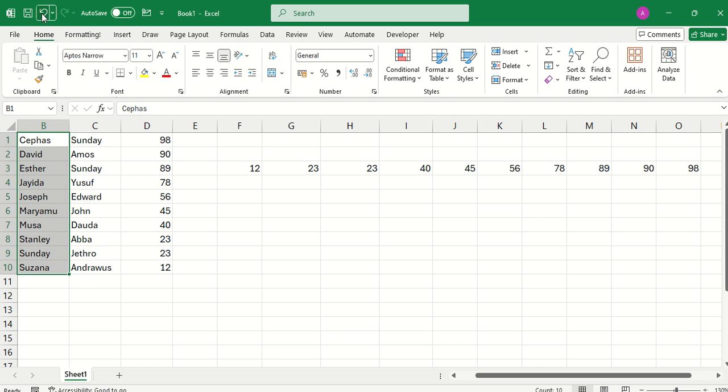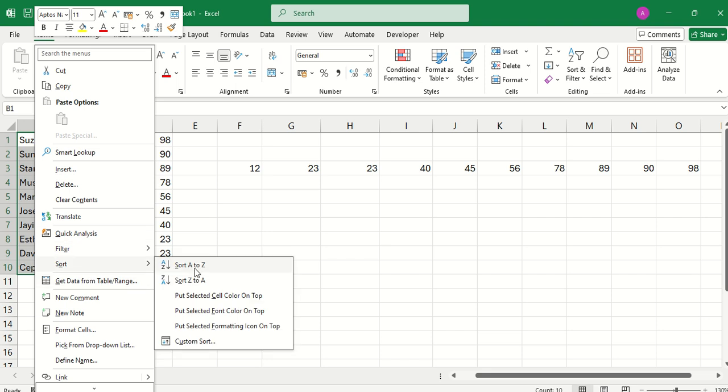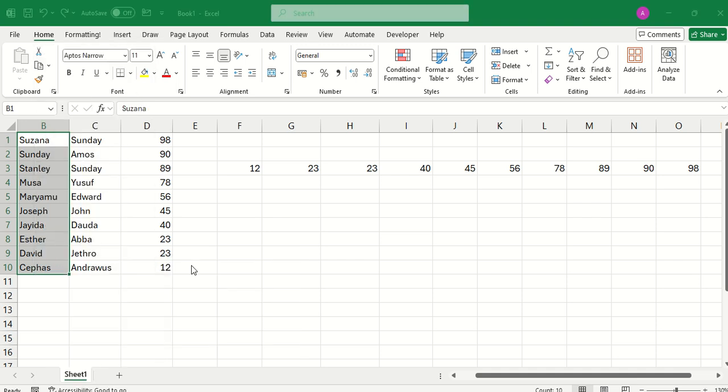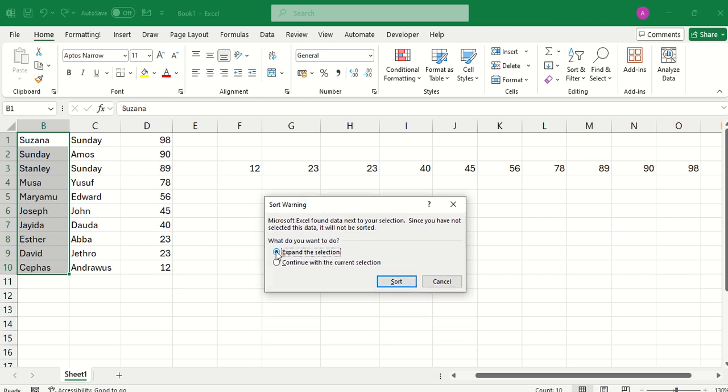So let's undo this. In this situation, when you highlight this text, you right click on it, you come to sort and you click on either A to Z or Z to A depending on what you want to do, either ascending or descending order. Let's say A to Z, that's alphabetical order. You click on it. As Excel warned you, what you need to do is click on expand the selection so that it covers the first name and the last name,